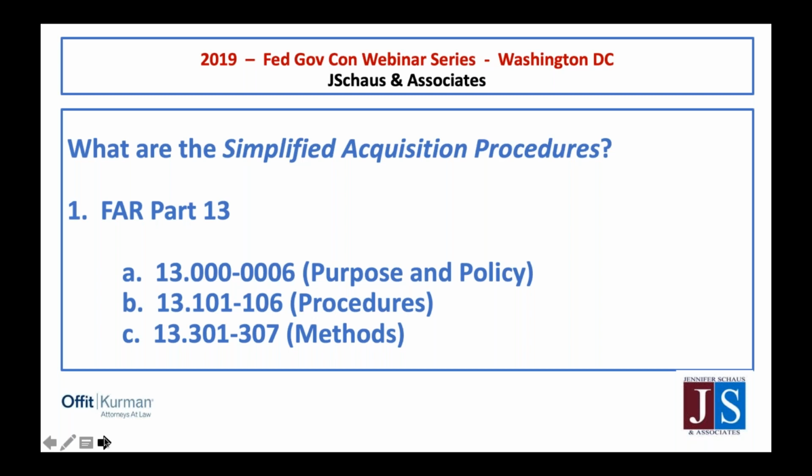And it's higher because of the ease with which items like that can typically be purchased, and the idea is that there should be less burden in terms of government being able to purchase goods that fall into that category. If the government is buying commercial items for or in connection with a contingency operation, so there's a terrorist attack of some kind or something like that, then the threshold level goes up even further to $13 million. Okay, Mallory, if you can advance the slide.